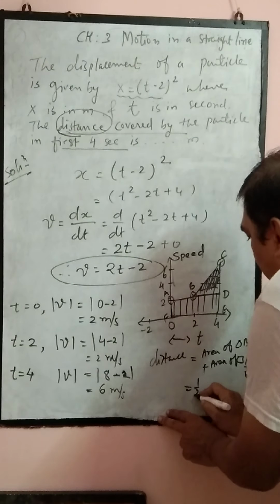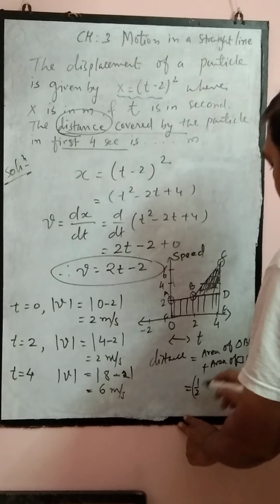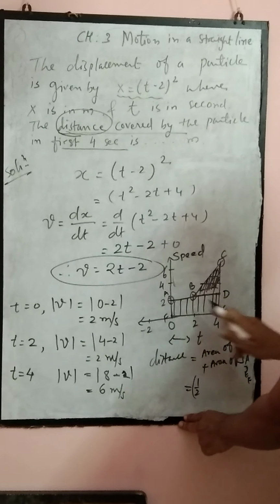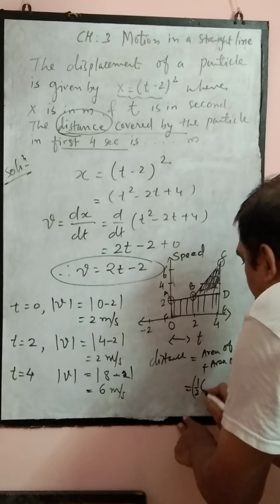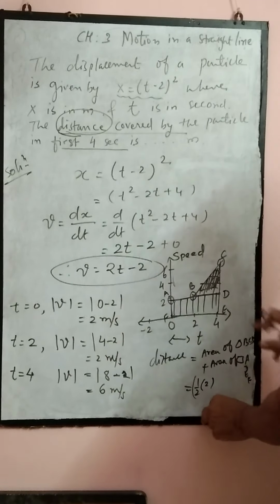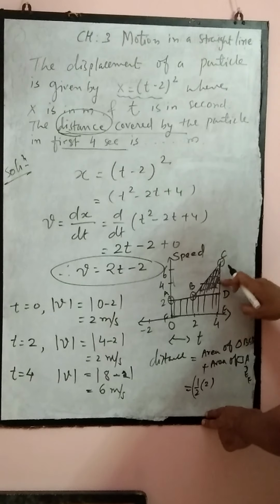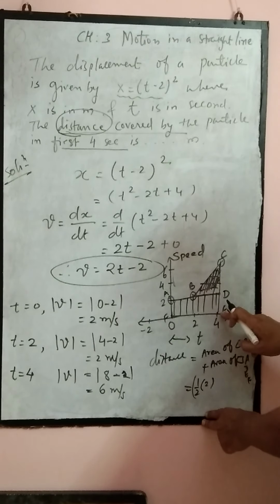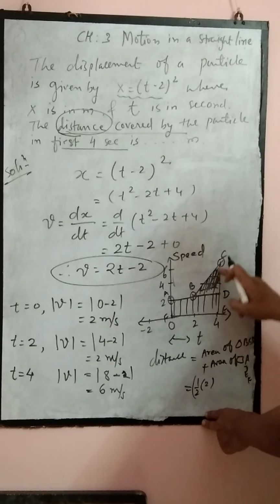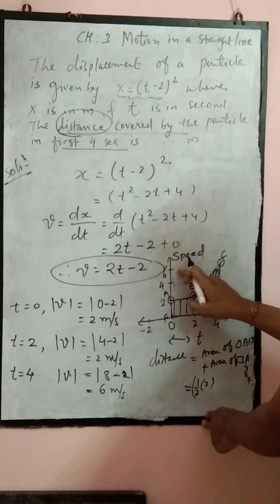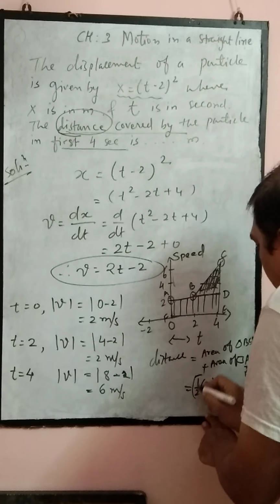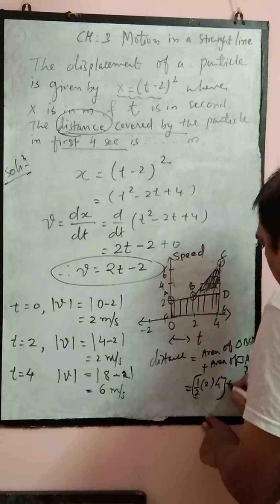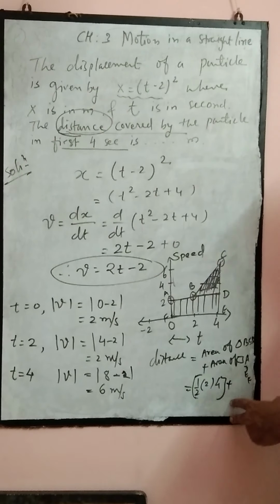Now, which is very easy to calculate, half. Area of a triangle is half base into height. So base is B to D. Now B to D is what? 4 minus 2, that is 2, right? And height is what? D to C. Don't get confused, here we are finding the area of triangle BCD. So C to D, that is 6 minus 2, that is 4, right? So this is the first term, the area of the triangle, plus what will we have?